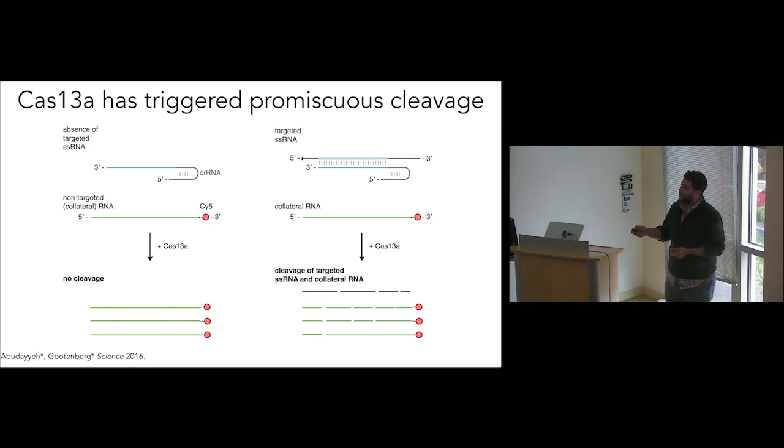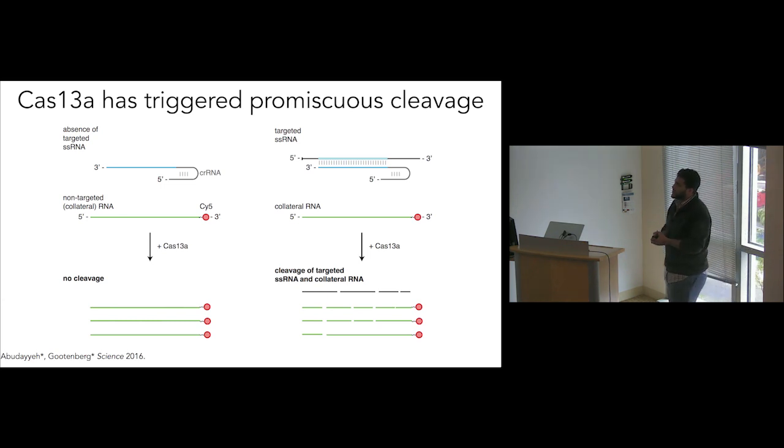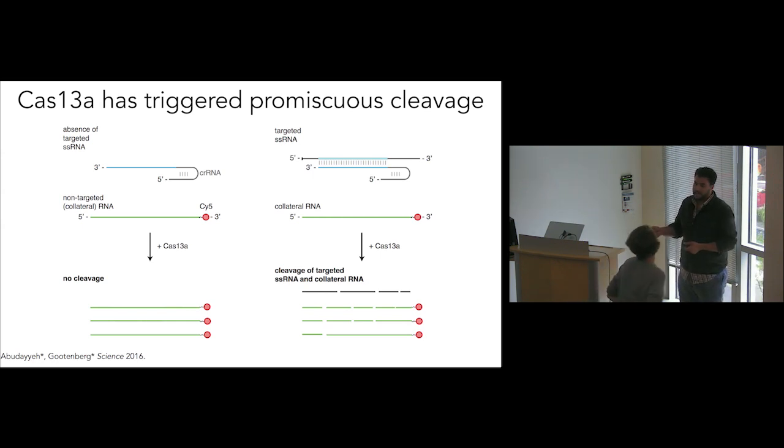But if you had a CRISPR RNA that bound to its target and activated Cas13, and you had this non-complementary RNA, you would also see cleavage of the non-complementary RNA. We call this the collateral effect, because RNAs nearby are collateral of this target recognition. This disappointed us at first, but we realized we could actually use this as a detection technology because,